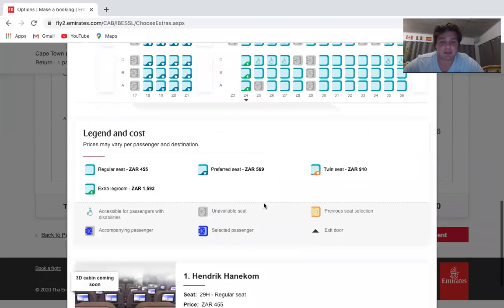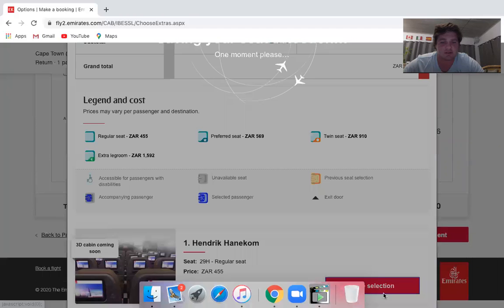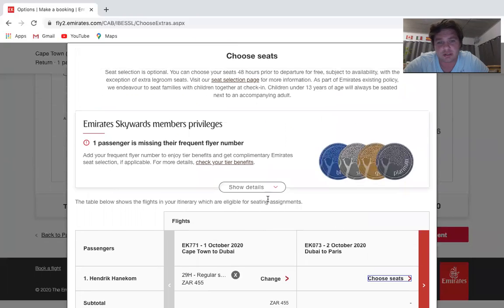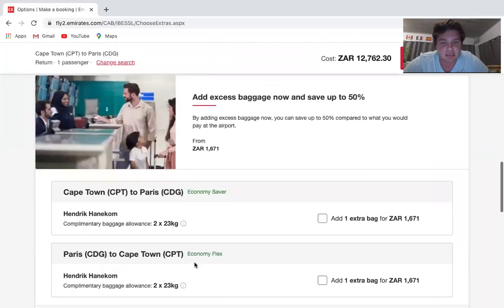Okay, so regular seat, preferred seat, twin seat. Okay, save selection, regular seat. Okay, so now I see I have to pay extra 455 Rand to choose my seat, which I do not want. So I want to go back, cancel. So now you see,